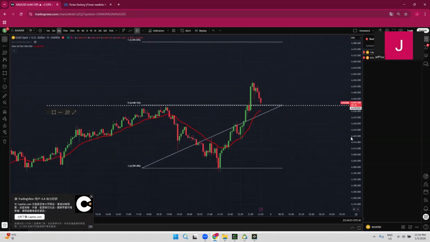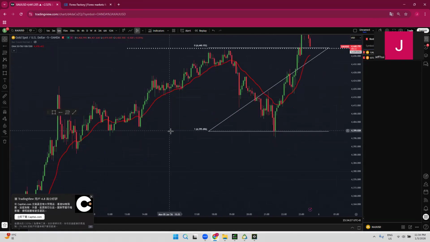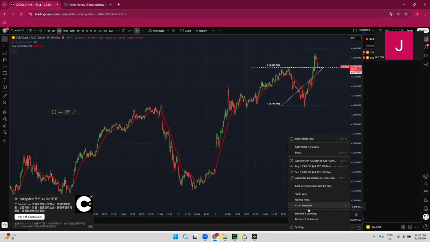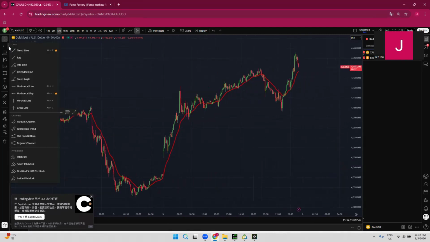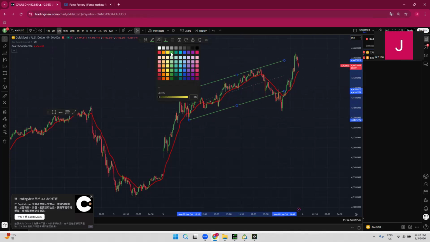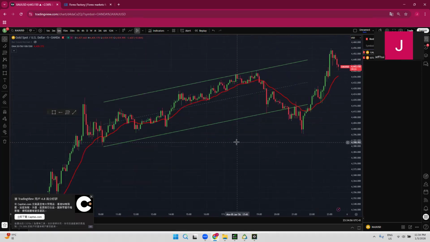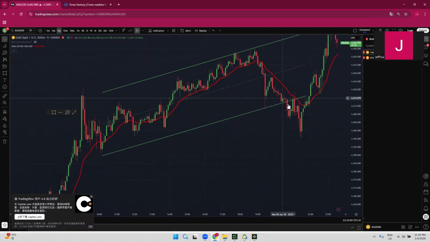Initially, when I look at the chart, I'm thinking that we are obviously in a bull channel, right? So I have a bull channel here, and then connect this low, connect this low, and you can see that I have a bull channel here. My first idea is just, okay, we're in a bull channel. So when price comes to the bull channel, probably I'm going to buy, right?